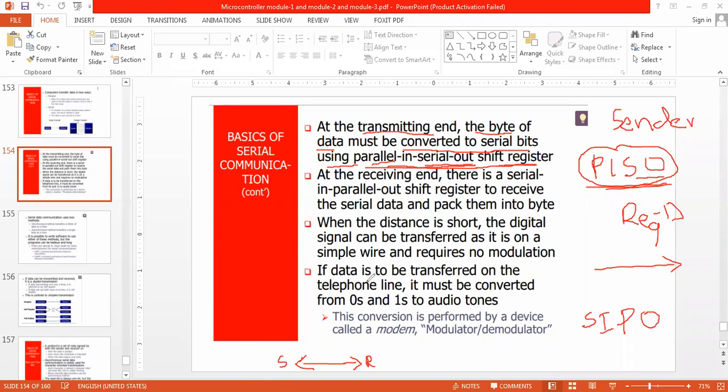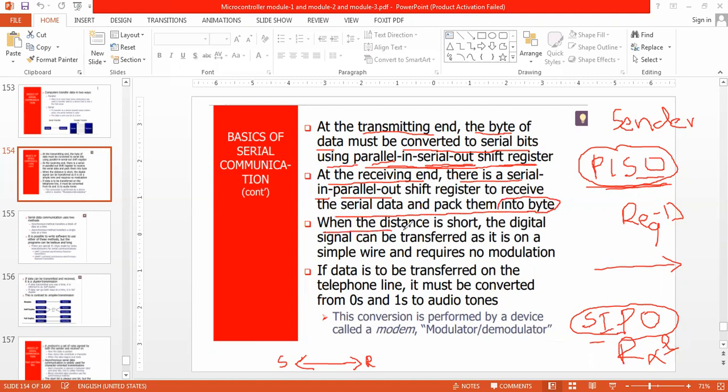So at the receiving end, what will happen? There is a serial in, parallel out at the receiver side, to receive the serial data and pack it again into a byte.